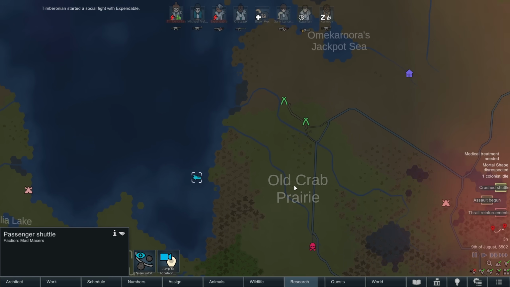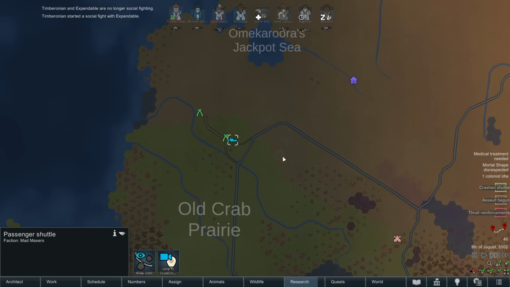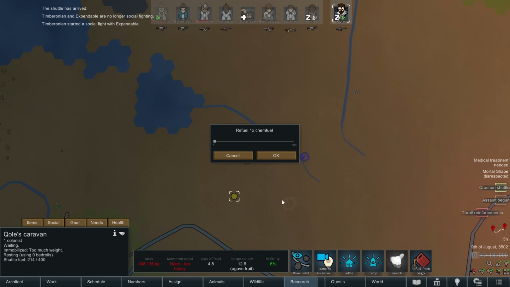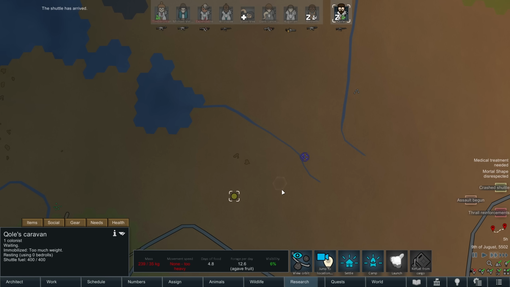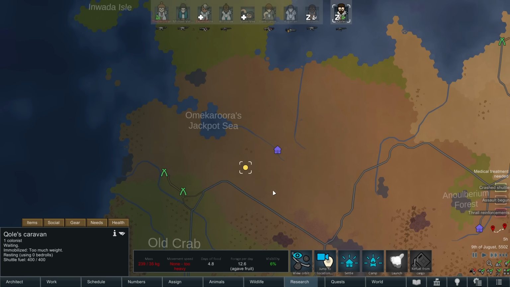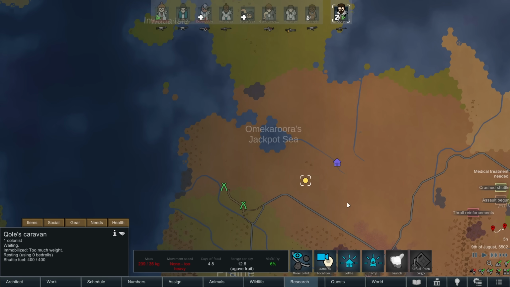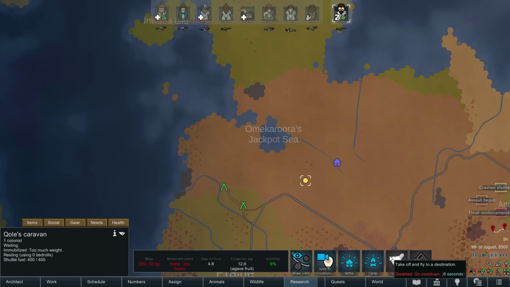And yeah, Timbronia started a social fight with Expendable. Thankfully, that was a short fight. All right, so now that they're landed, we can refuel. In fact, they still have 214 fuel left. So even if you go to maximum range, you still have enough to get back. However, we want to make sure we never run out. So we brought along a bunch of fuel with us. So now what we're going to do is wait until we're ready to launch again in 0.3 hours. And then once we're ready to launch,